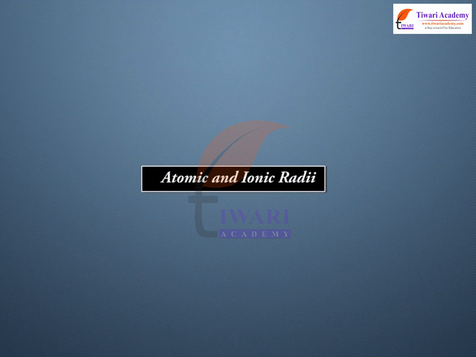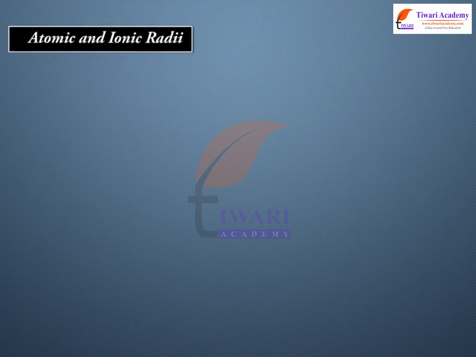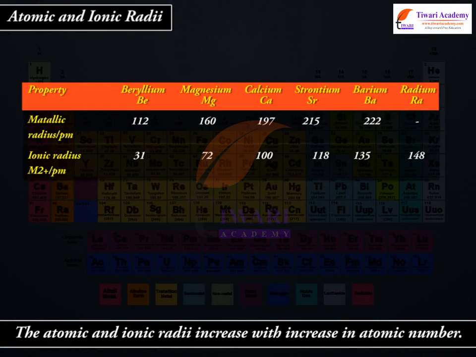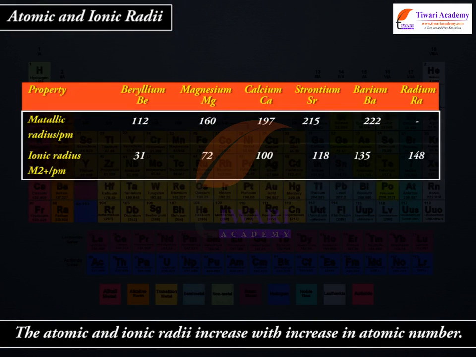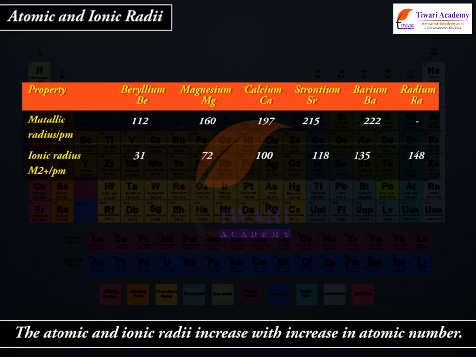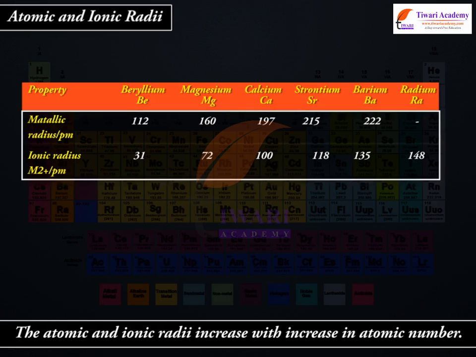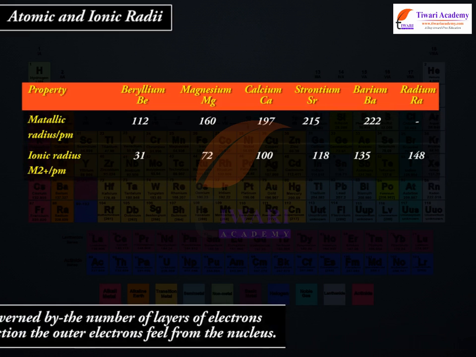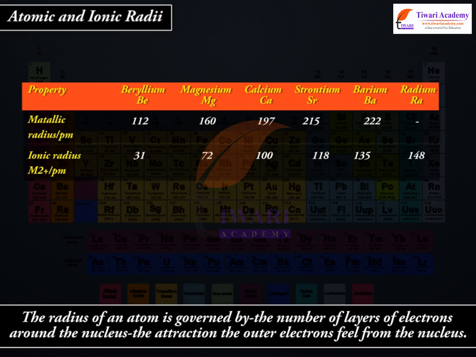Atomic and ionic radii. The atomic and ionic radii increase with increase in atomic number. The radius of an atom is governed by the number of layers of electrons around the nucleus, the attraction the outer electrons feel from the nucleus,